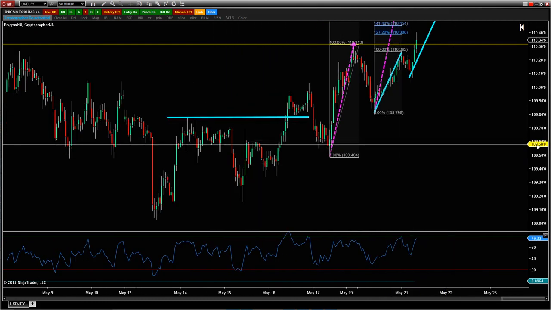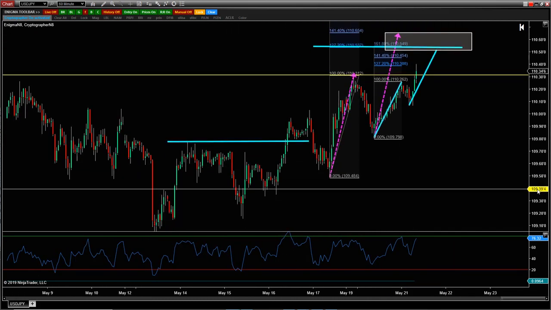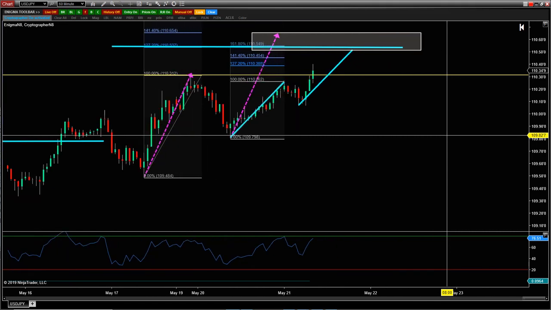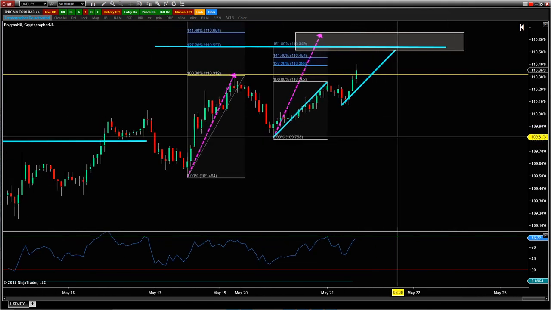But you can certainly look for this on the 60. Again, you want to look for that break and close on the 60. That's the first thing you need, is that violation. Now we have 10 minutes before that violation. I'd love to see, a very good sign would be what type of candle?